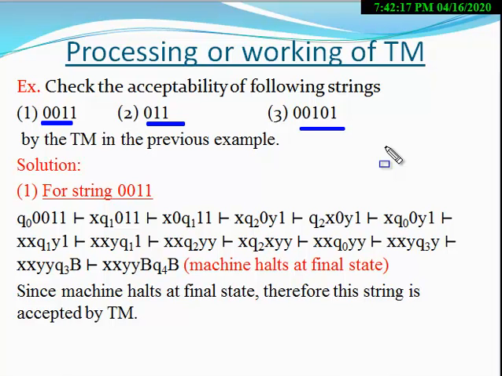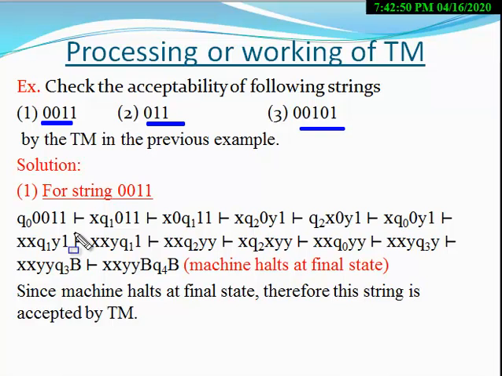And also we show here the working of a Turing machine, that is how a string can be accepted by a Turing machine. That is, when you pass some input string to the Turing machine, how does it process that input string? Now we will see this step by step. So consider the first string 0011. First you have to test this string.